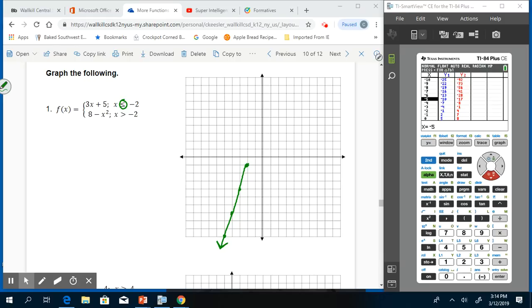Now we go over to our other function, starting at -2. We're at +4. So although it says everything greater than -2, we're going to start at that -2 with an open circle at +4. So that's not including that point, but it's including anything past -2. So -1.8, for instance, would be part of the solution set. And then we go to -1 and 7 with a regular circle, 0 and 8,